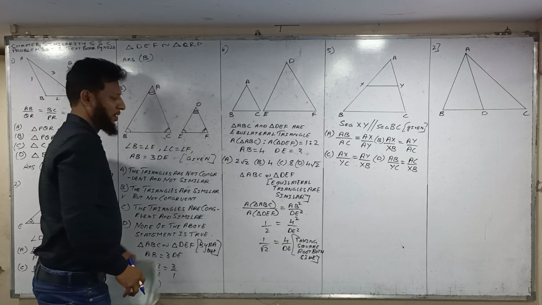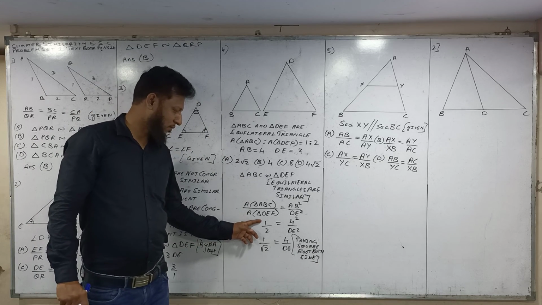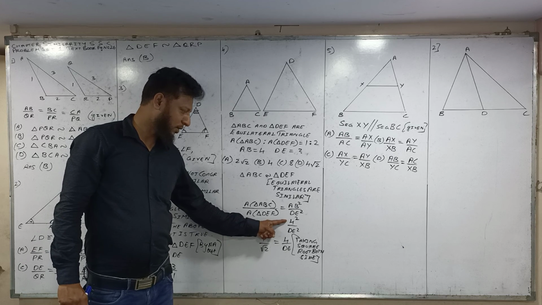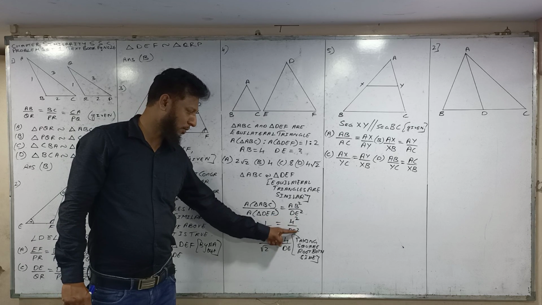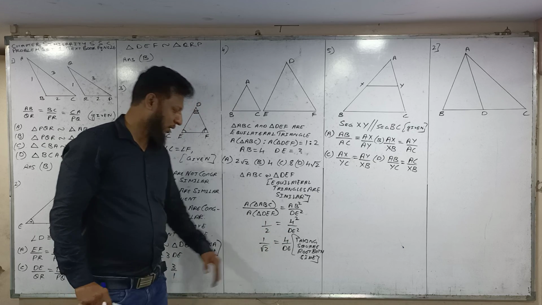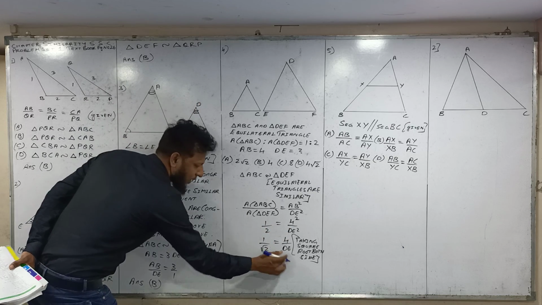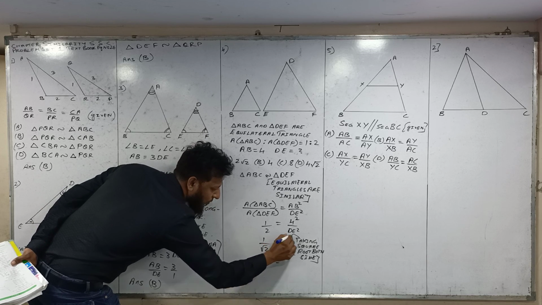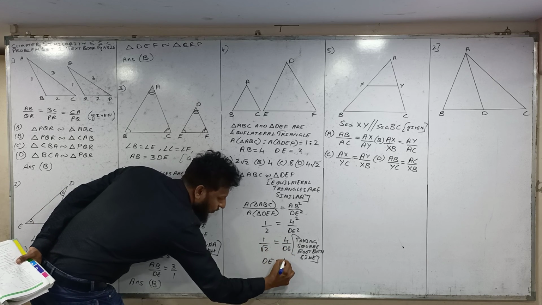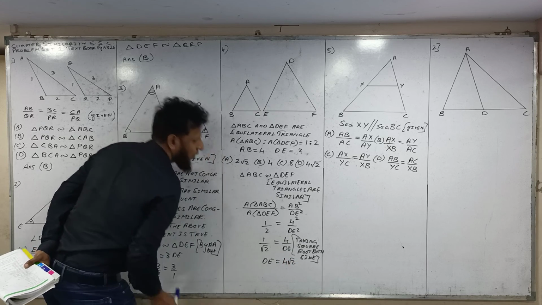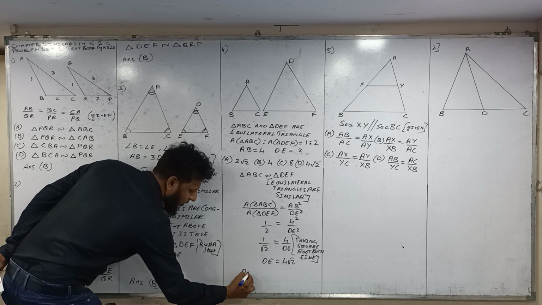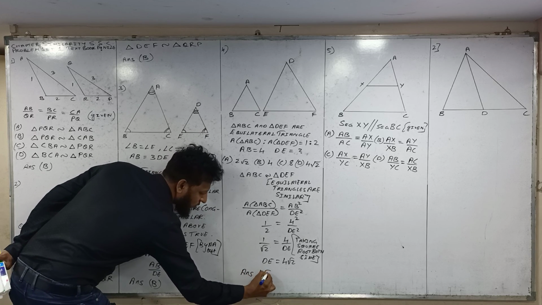So when we take square root on both sides, the root of 1 is 1, and the root of 2 is root 2, and here the square will be removed from 4 and DE. Okay, now cross multiply. DE multiplied by 1 is DE, and 4 multiplied by root 2 is 4 root 2. So our option is D. So our answer will be 4 root 2.